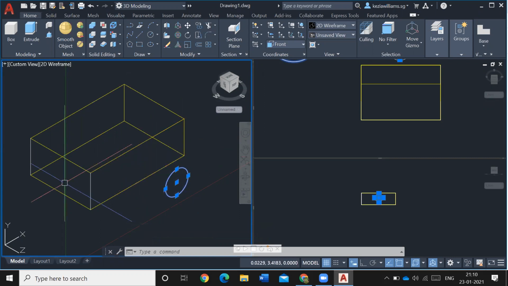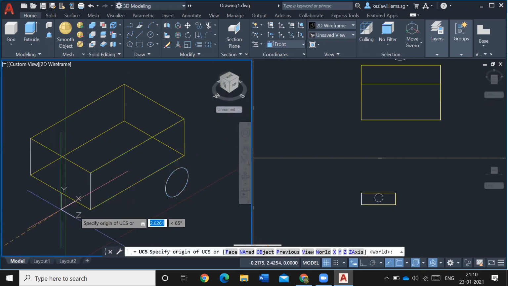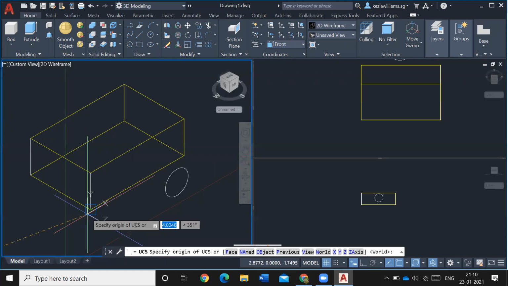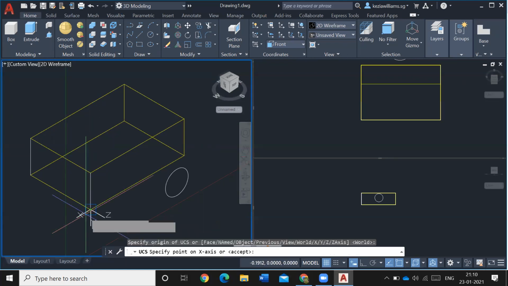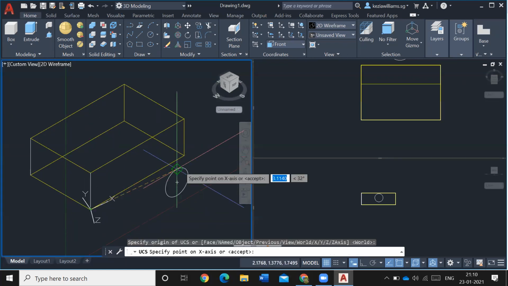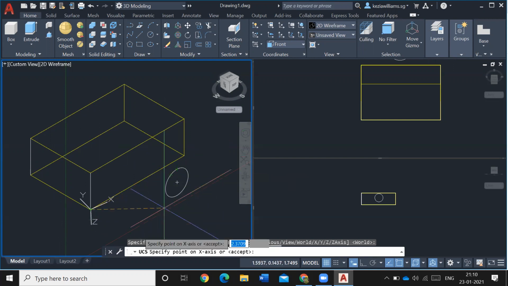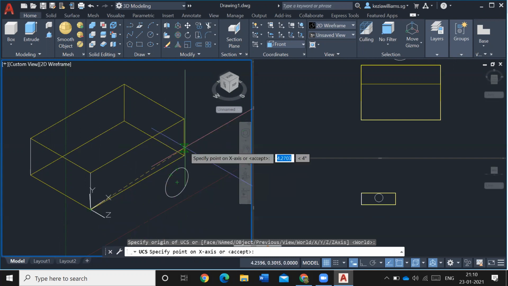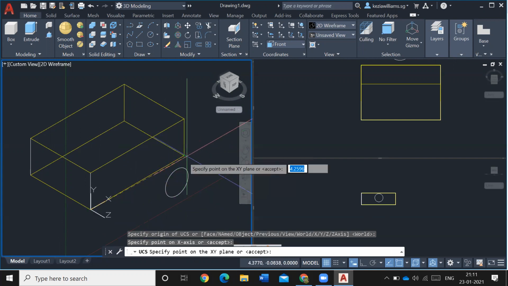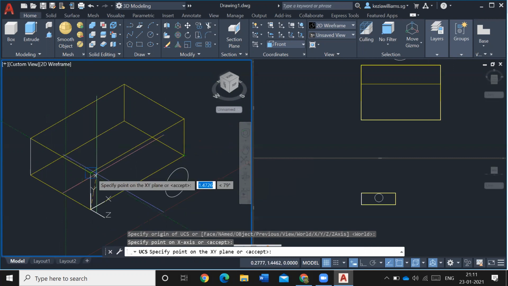So how to exactly put it on this surface? Two things we can do. One is you can change your UCS. You already know the UCS can be moved, right? New UCS. You can move your UCS to this place. Now change the XY direction. UCS asks to specify the point in X direction, so X direction is this one. Then Y direction is this one. Now it's asking for a point on Y, so I accept.